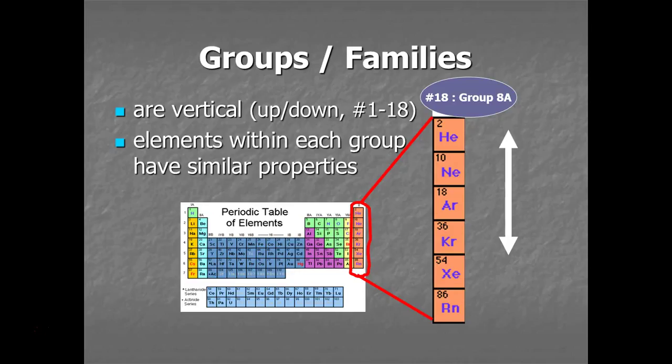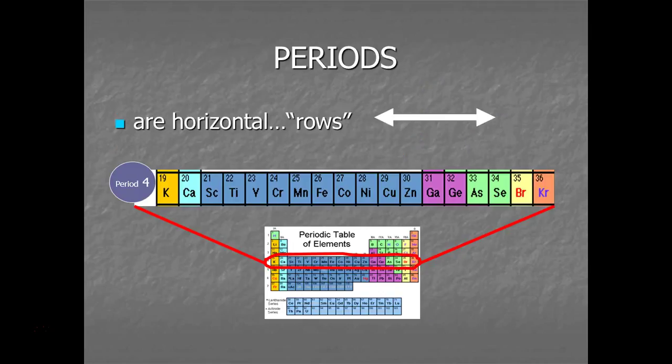All right, and just like families of people, the reason that they're called families is because they're similar to each other. So we have this noble gas family that's drawn out here. They all behave sort of similarly. The halogens is another family. They have similar properties. The alkali metals have similar properties, and so we call them families when you go up and down in terms of the columns.